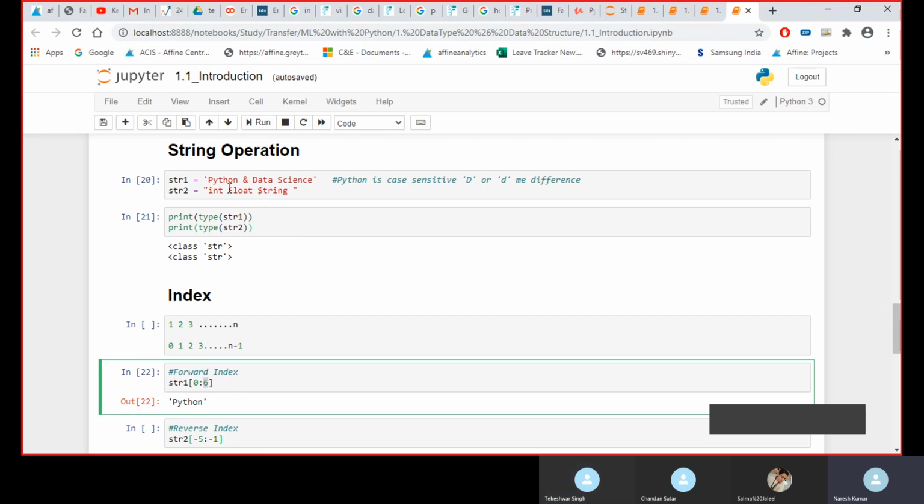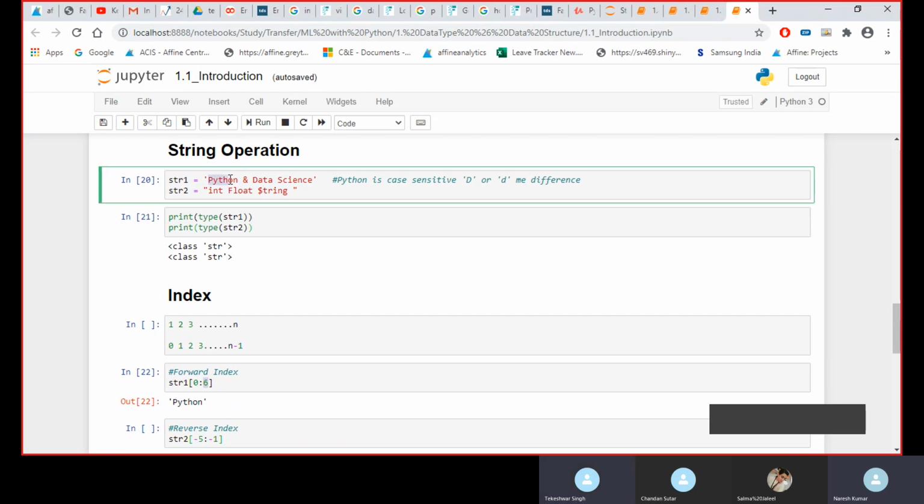So if you are taking it from 0 to 7, for example, it would always give me output from 0 to 6 only.